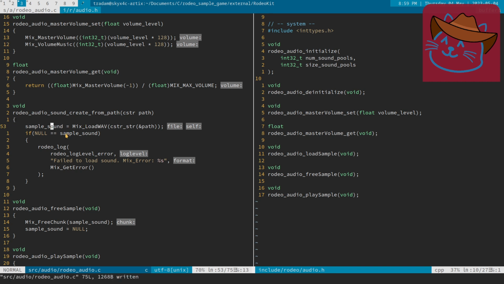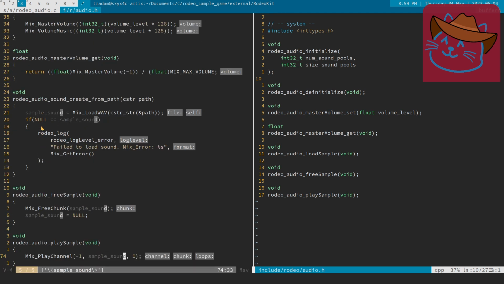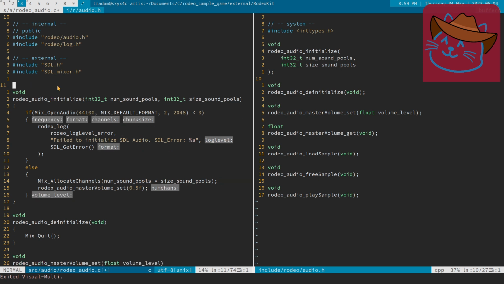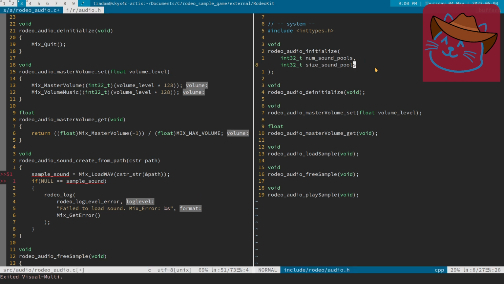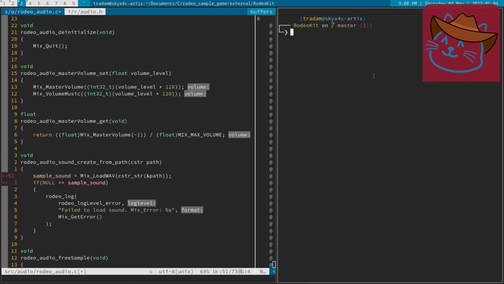And then it'll load up the sound, but then we also have to get rid of that variable sample sound, because we don't need that anymore. Where is it? Here. So we're not going to use that anymore. We're going to want to have some kind of custom type which doesn't expose the SDL type. So we're going to want a new file that I'm going to want to add, which will have,